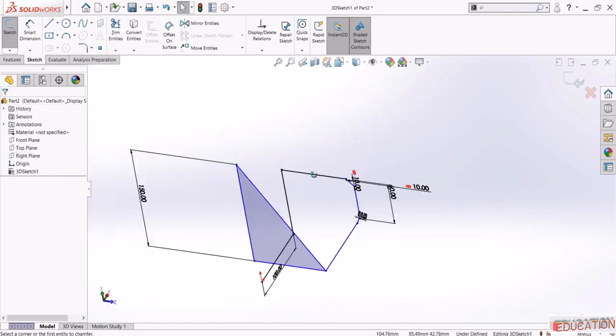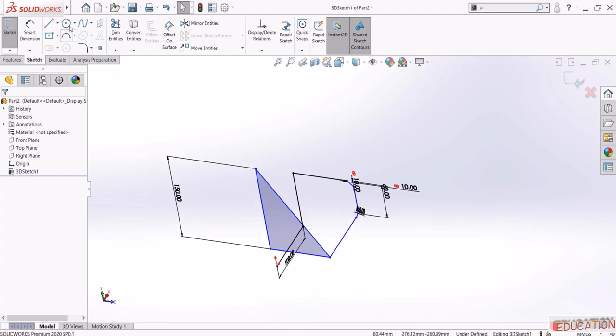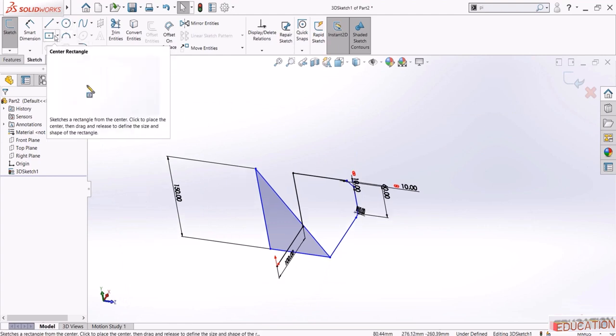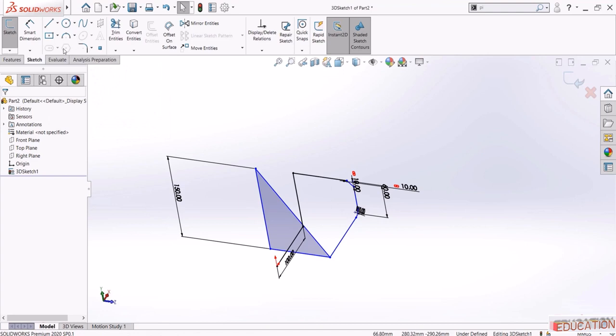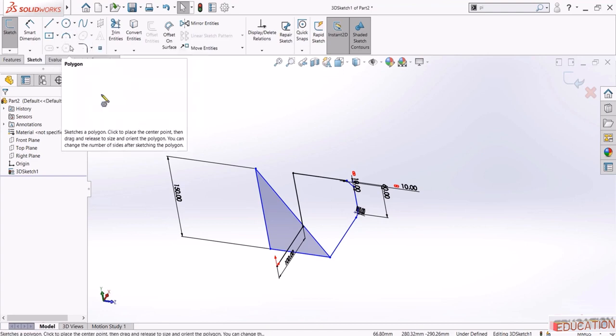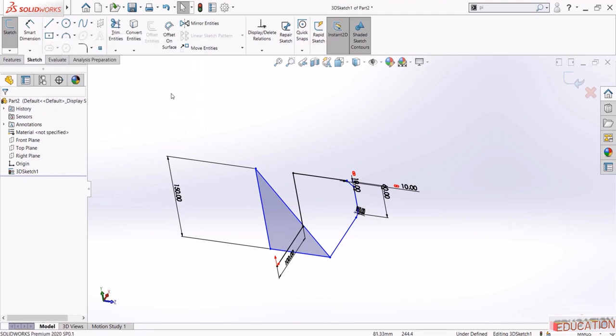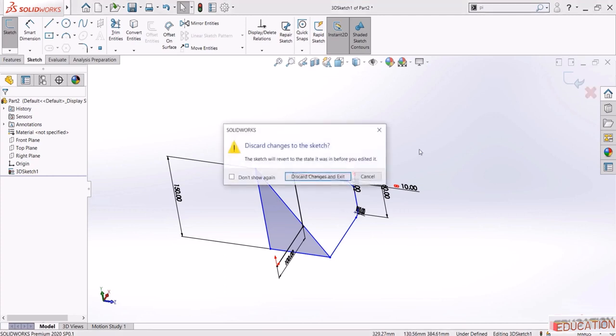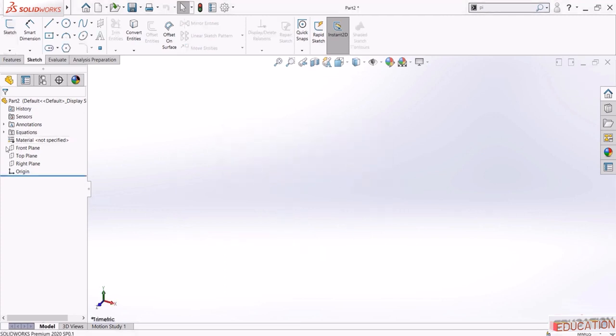A 3D sketch is not limited to lines. You can use circles, arcs, rectangles. Some options are not active here, like polygon, slots, and ellipses. But you still can use all these commands. Now let's create a new sketch and let's see how we can use 3D sketching with a sweep, for example. So finish this sketch, select 3D sketch once again, start with a line,